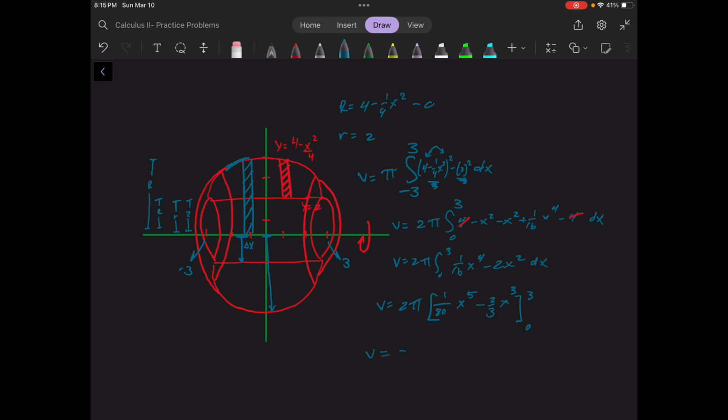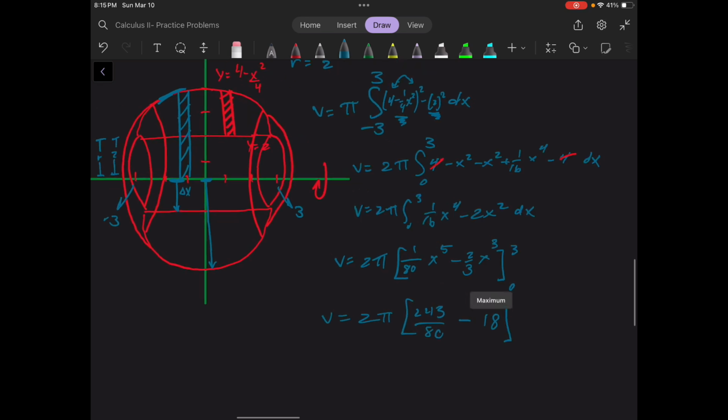So volume is just 2π, 3 to the 5th power is 243 over 80. 3 to the 3rd power, but we're dividing by 3, so it's really 3 to the 2nd power. And finally, we could put these over a common denominator by,